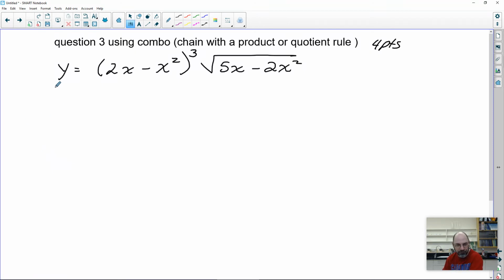Okay, so if we write this out in exponent form,